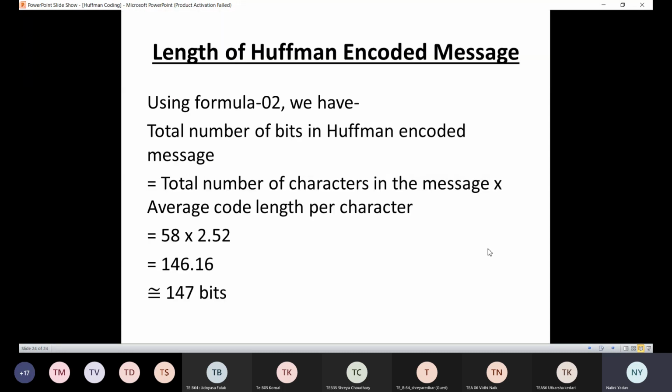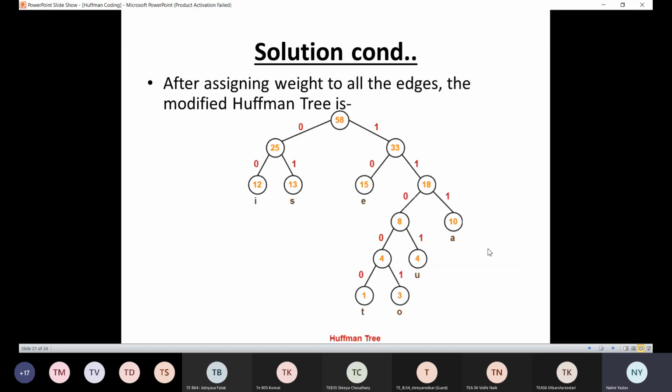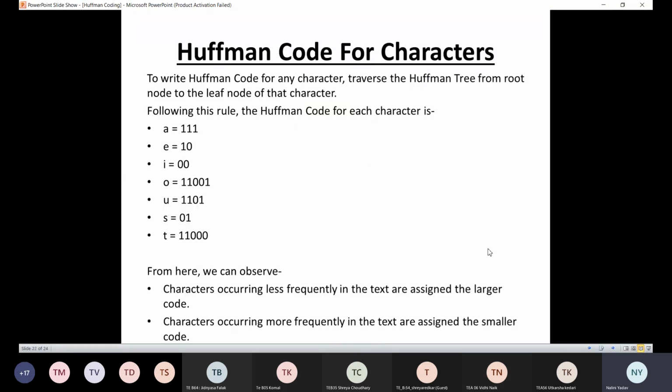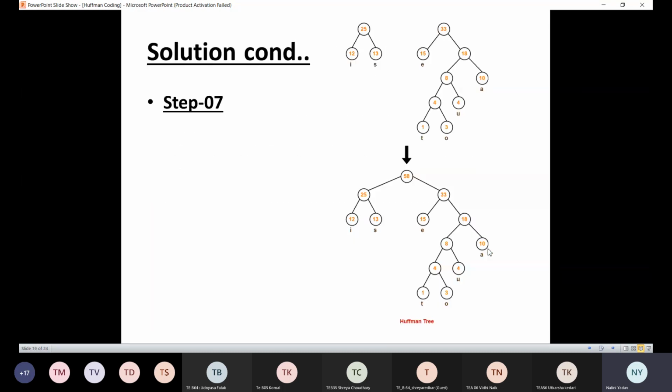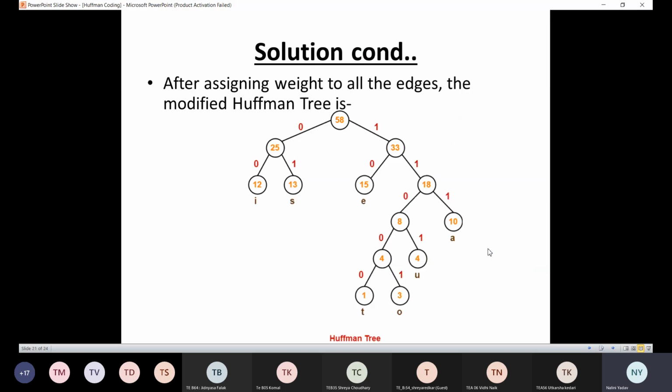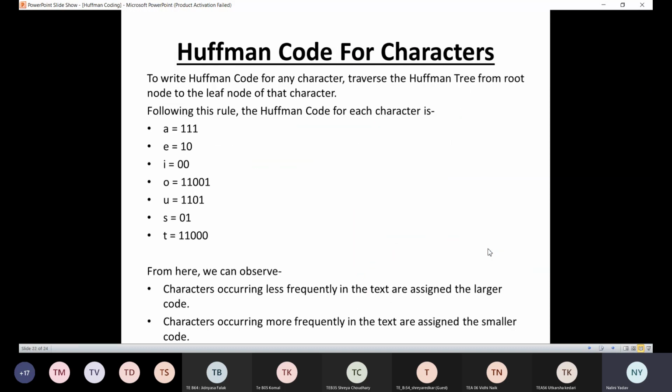So this is how we are done with the Huffman coding. I hope this is clear with all of you, like how to assign the codes to every branch of the tree, and then how to do the coding from that, right? How to build a prefix tree. This is clear with everyone. So we have first built a prefix tree, then we have assigned the weights to the branches of the prefix tree, and from those weights we have calculated the Huffman codes of each character, right? So I hope this Huffman coding is clear with all of you.